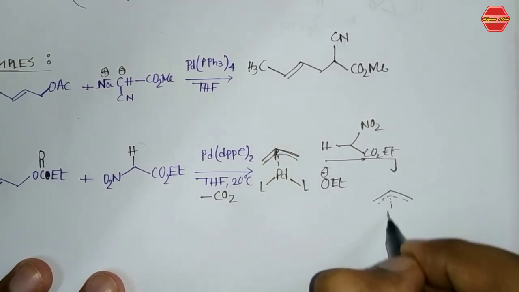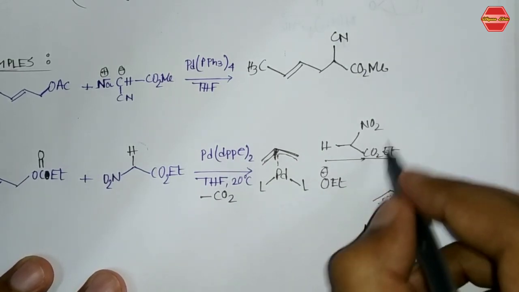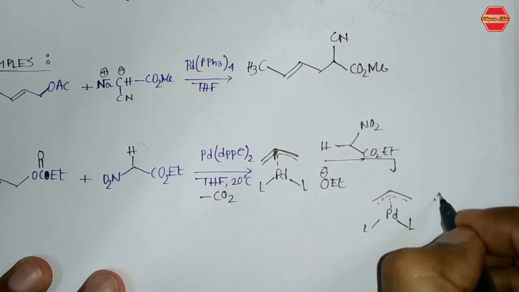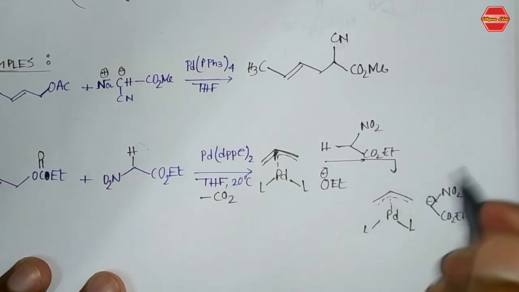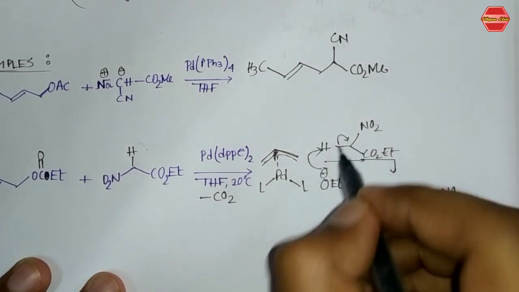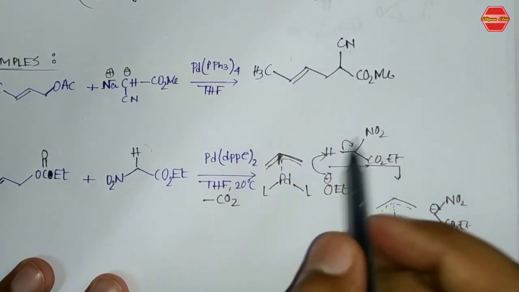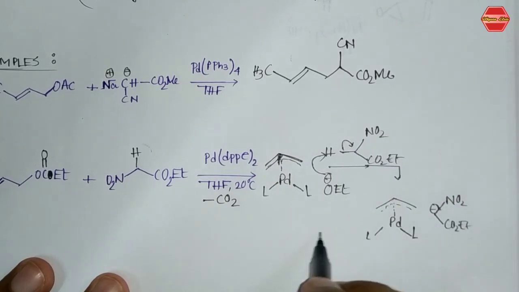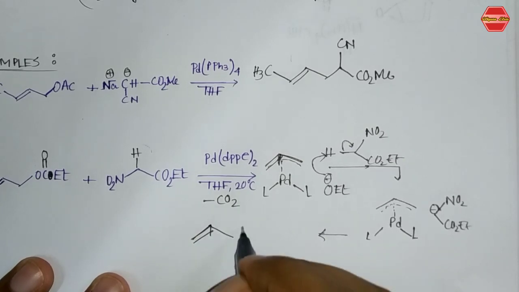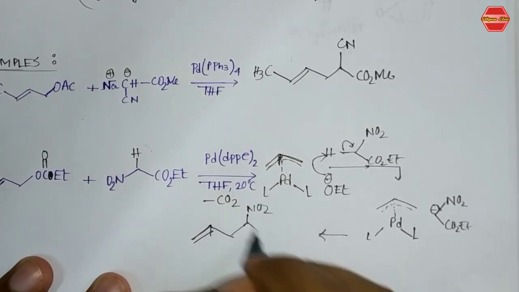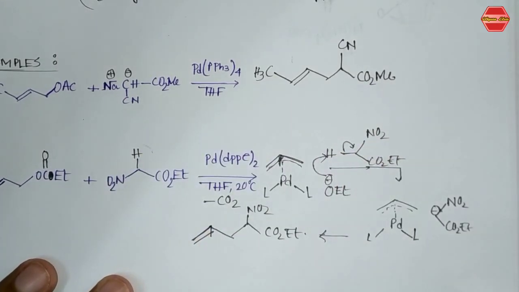Now from here we can get this group. Now this is your palladium, here is your L, and here is your nucleophile. The nucleophile is like this, NO2 CO2 and here is your minus. Okay, so this OET minus takes a proton. So you can see over here that no base is needed to do this reaction, only this OET minus takes a proton from here, and you are going to get this negative charge, and finally the product that you get from here: there is a CH2, there is your NO2, and here is your CO2. So this is your major product from this reaction, right?